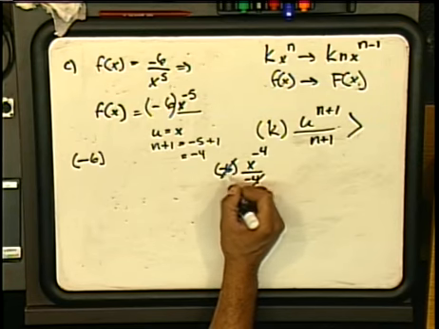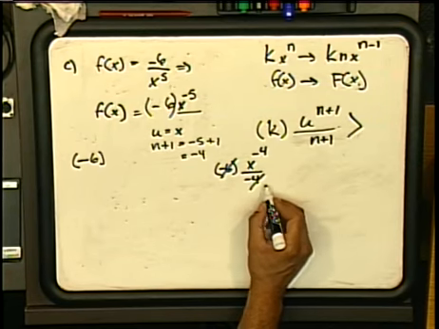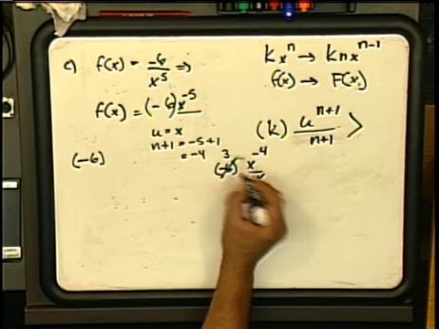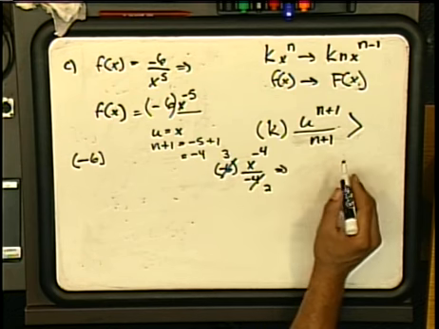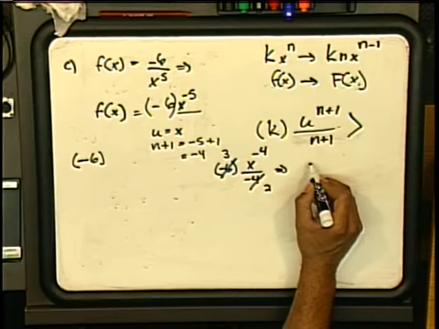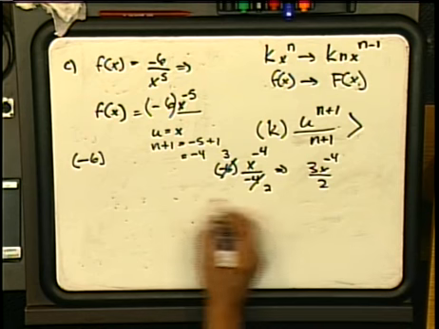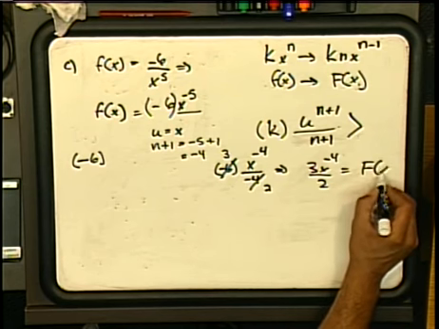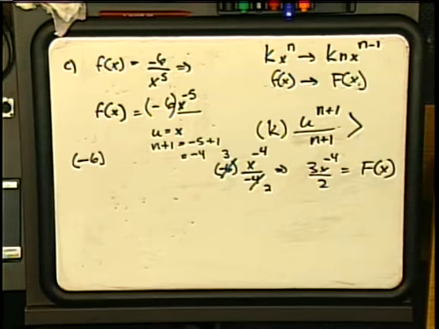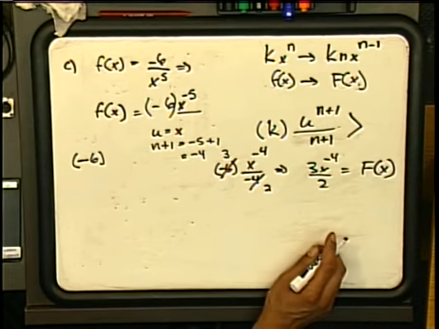Simplify. 2 goes into this twice. 2 goes into this 3 times. 3x to the -4 over 2 equals f of x. To check our work,